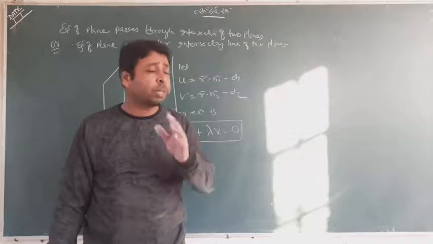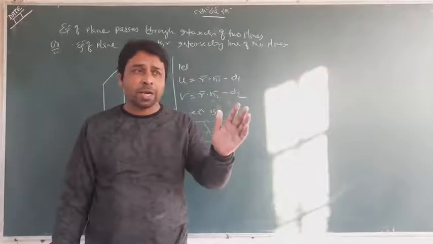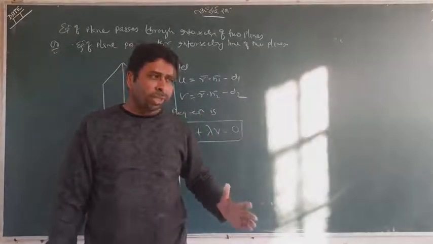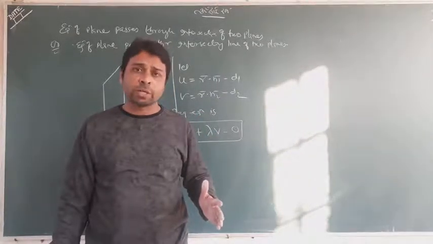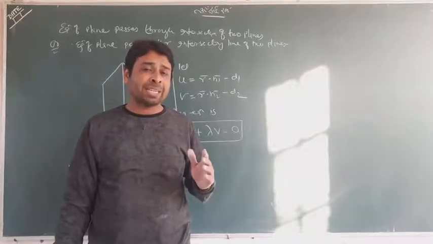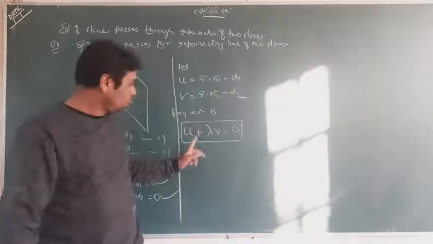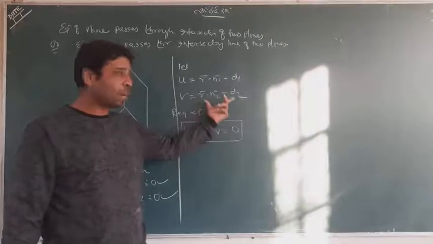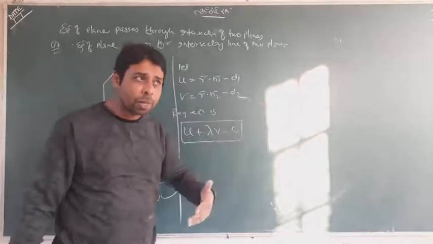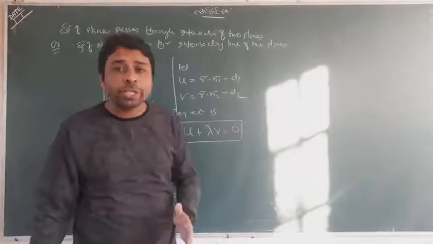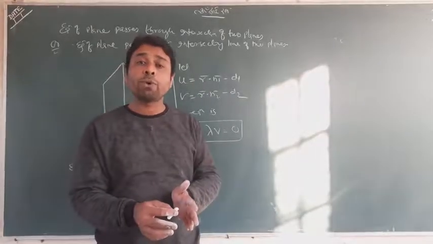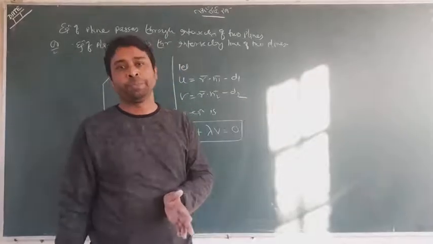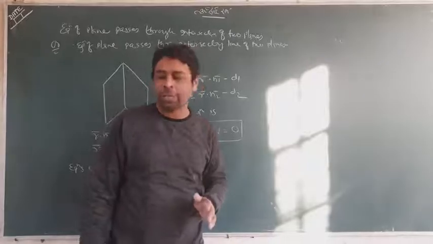My words are going to be tough for you, but until you see the question of the book, you will not solve the examples. Definitely till then it is tough to understand, but keep remembering my sentences. The thing is, u is that part which will be available in the question. V is that part which also can be obtained from the question. But lambda is an unknown quantity which you have to find out. And from where will you get lambda? Lambda you can get from the given condition of the question. That is the thing which we definitely look for.